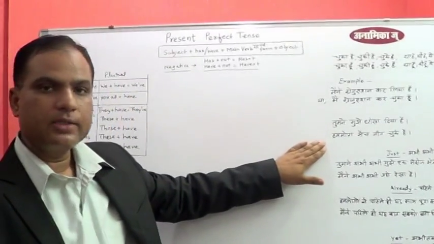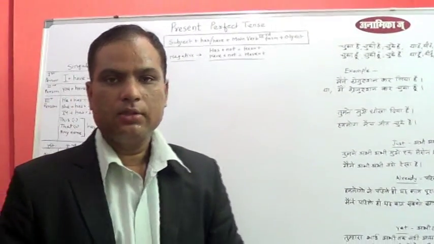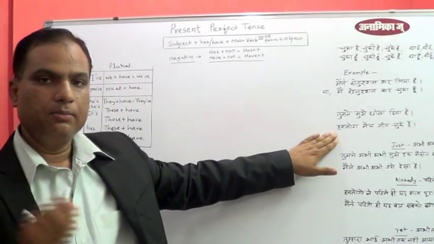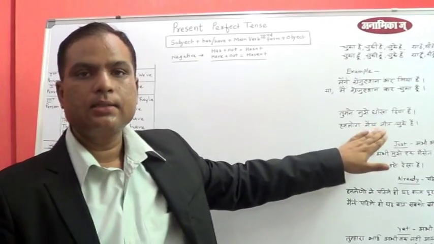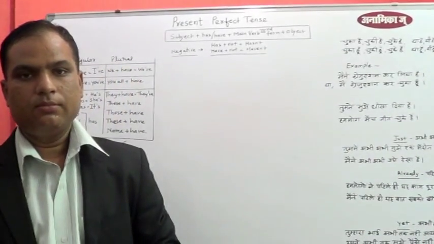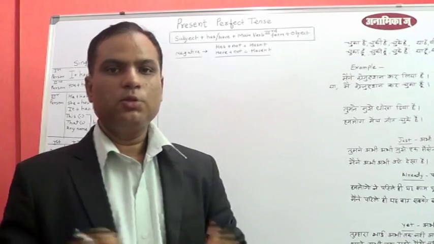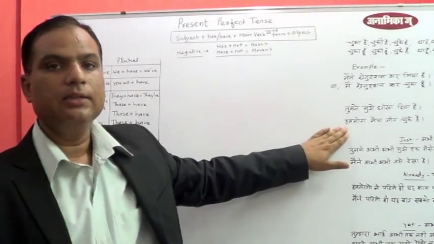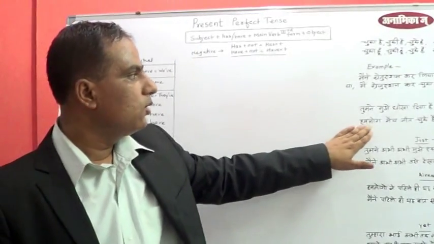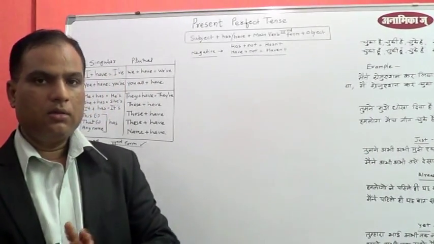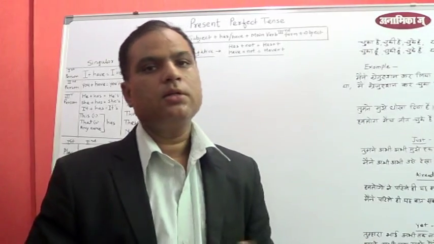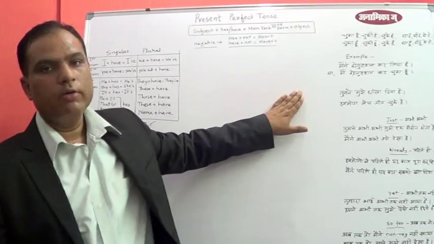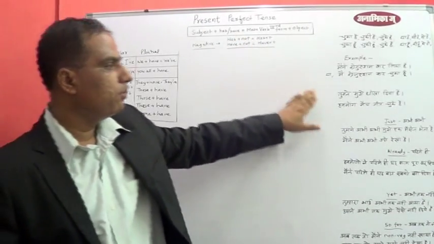Let's take one more example. हम लोग मैच जीत चुके हैं. Now again here the action is completed, but the impact is still alive. मैच जीतने के बाद जो खुशी है, जो हर्ष है, वो अभी तक हमारे मन के अंदर है, अभी तक हमें याद है. So any action which is completed in the past but its effect still continues will always be included in present perfect tense.